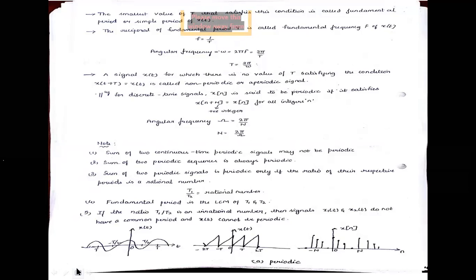Similarly, for the angular frequency in the discrete case, the notation denoted as omega is the angular frequency. For the discrete, N is equal to 2 pi by omega. So both are the same, but the representation is different. The capital T is equal to 2 pi by omega, as we regularly use this omega for continuous functions. For discrete time functions, instead of capital T, we use capital N and 2 pi by omega, and the omega